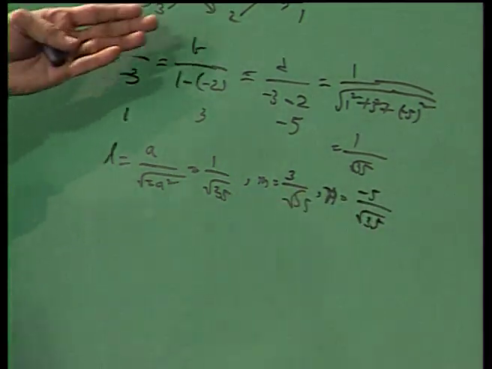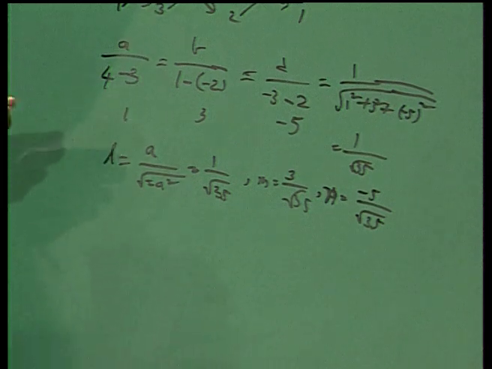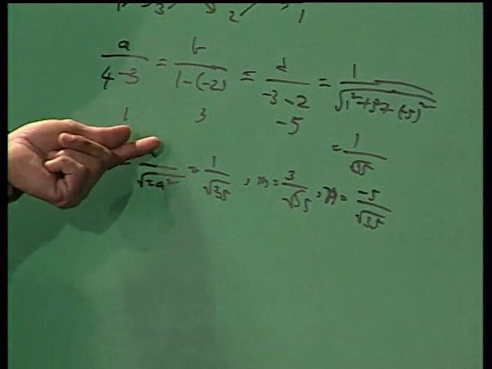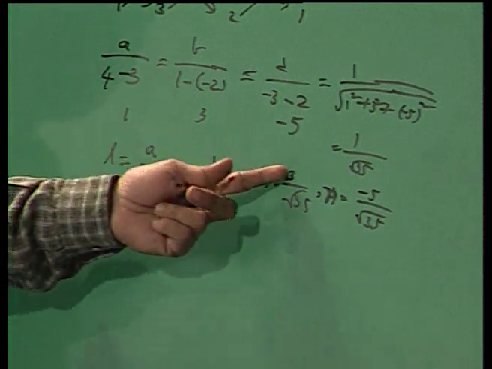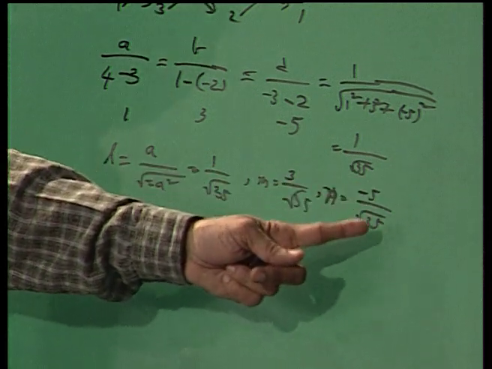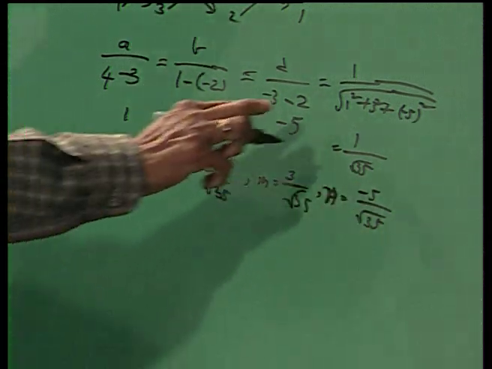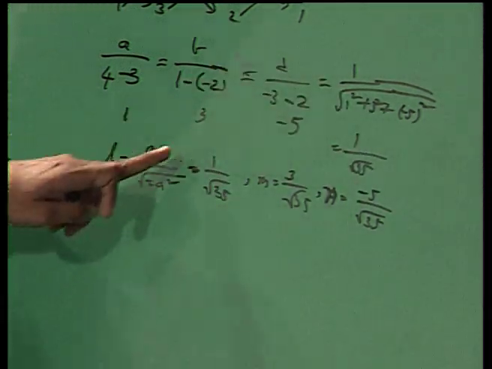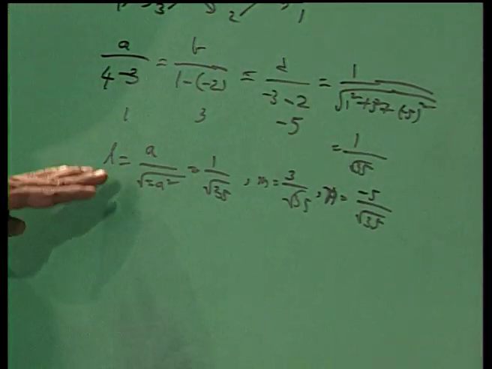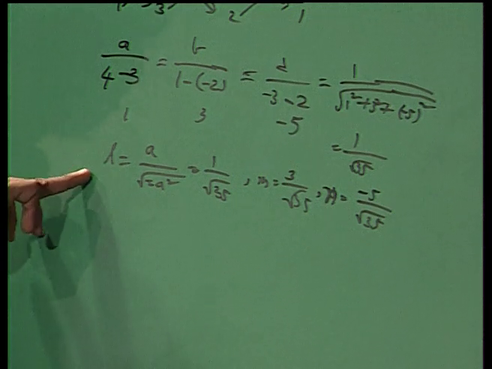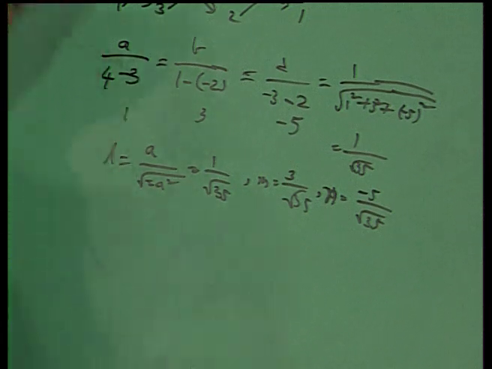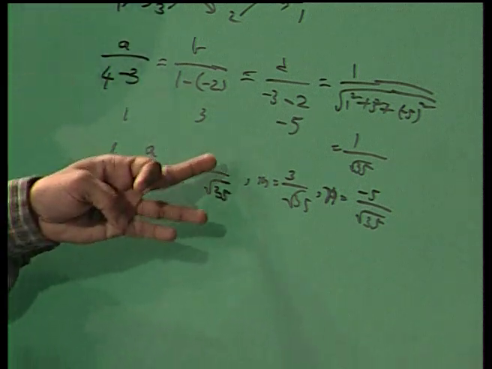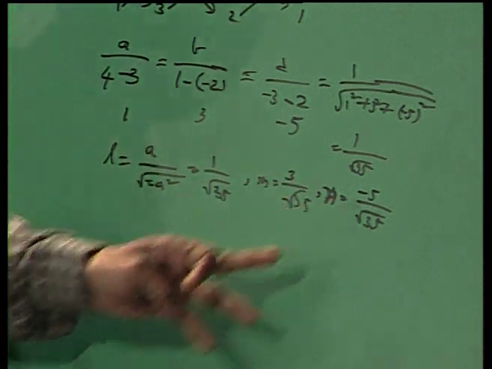Right? If A, B, C are direction ratios, the corresponding direction cosines are A by root sigma A square, B by root sigma A square, C by root sigma A square. Here I have computed 1 by root sigma A square. So, A into this quantity will be giving us the direction cosine. So, the direction cosines of the shortest distance line segment are 1 by root 35, 3 by root 35 and minus 5 by root 35,